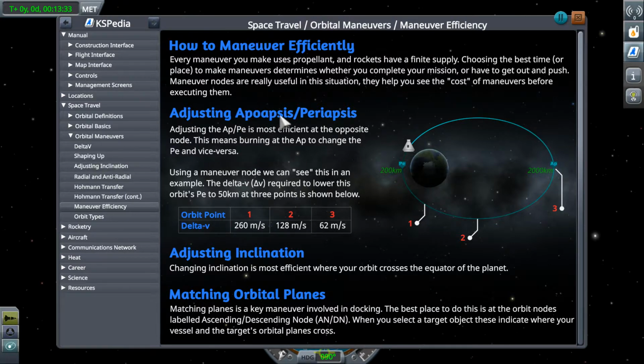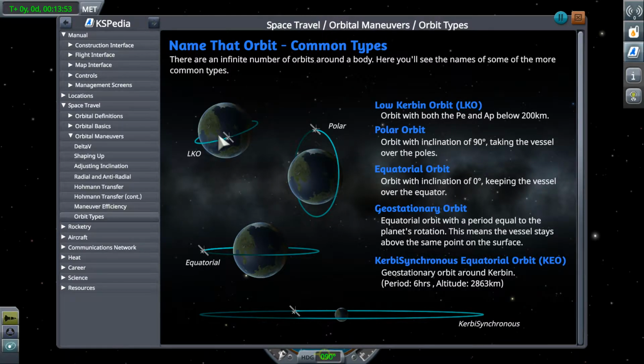Okay, so adjusting apoapsis and periapsis at the opposite ends. So we talked about that previously. Using a maneuver node, we can see this in an example. I agree. Adjusting inclination at the equator. Matching planes. Okay, don't really care about that right now. Low Earth orbit, polar orbit, equatorial orbit, and geosynchronous orbit. Yeah, I know about all this stuff. Okay, fine. And they tell us that geosynchronous equatorial orbit is...